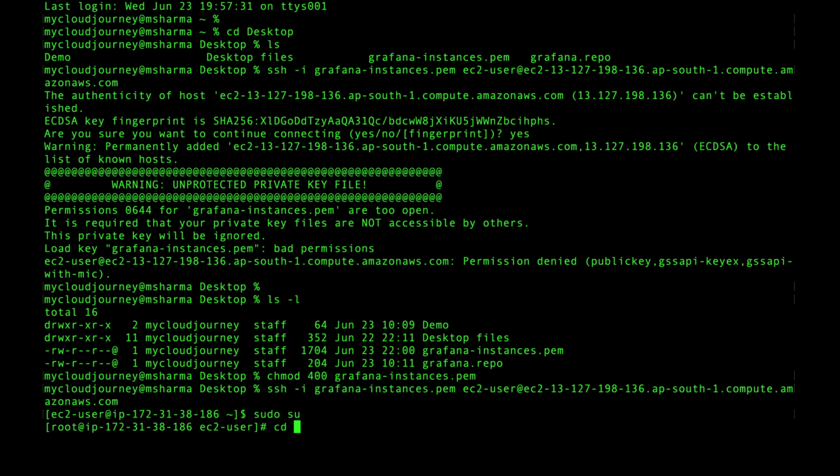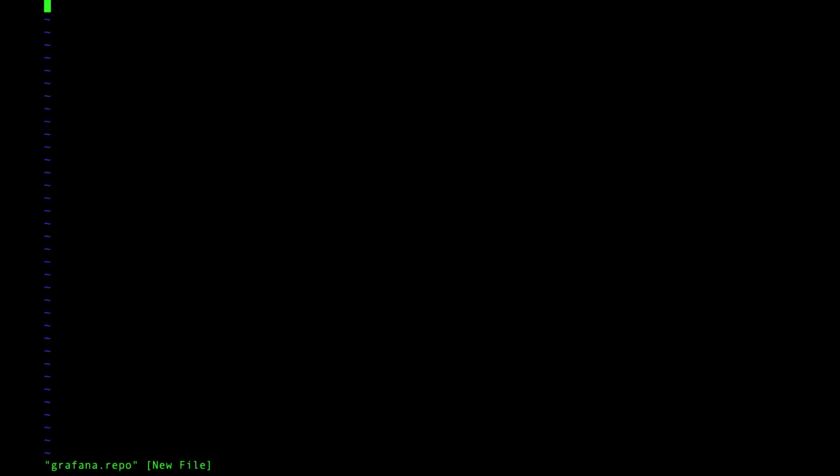To install Grafana, there are multiple options in RPM based systems, but I will go with the yum based repository configuration. So the path is /etc/yum.repos.d, and I will create a file here, grafana.repo. What lines should be in this file?